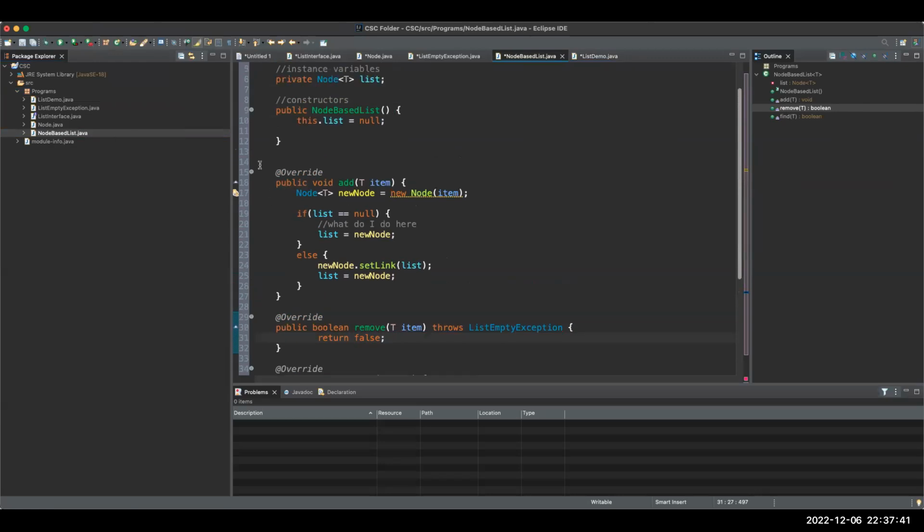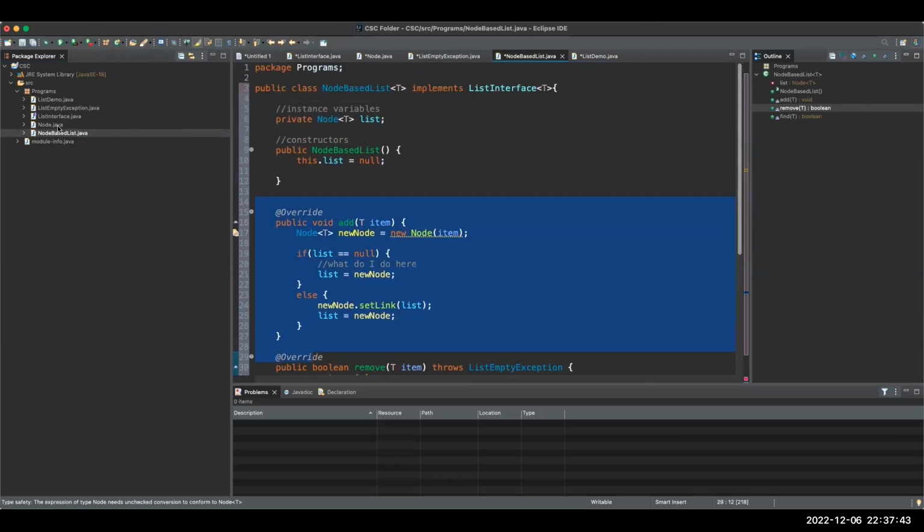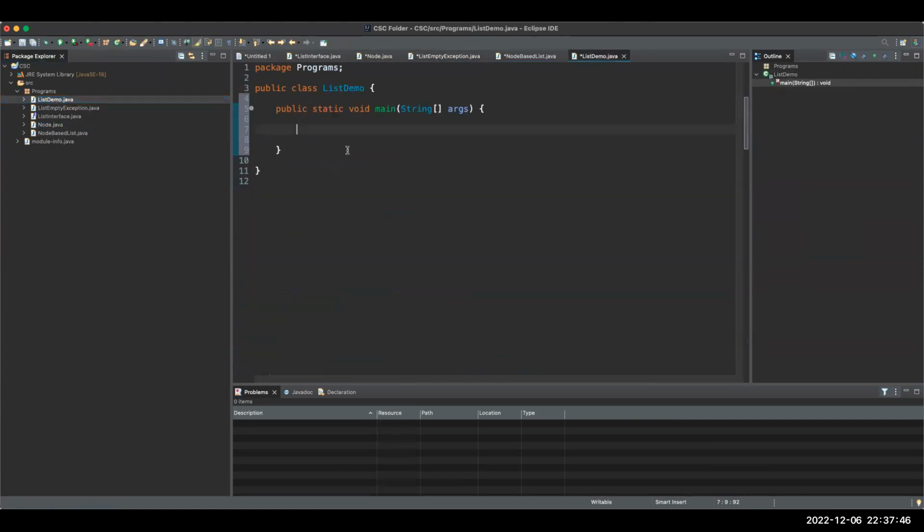Okay, so I just created this add method. I want to verify that it works. So how do I do this? I go to my list demo and create the node-based list. I can have anything, I'll say type string. I'm going to call this my list equals new node-based list. I just created this, so I'm going to do my list dot add, because I have that add method. I can add things. I'll add my own name,